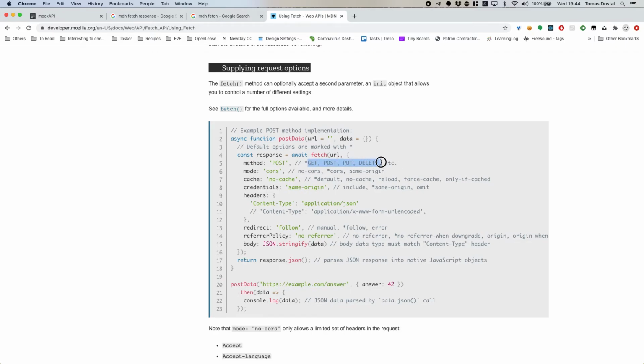If everybody follows the correct guidelines, then get would be to load something from the server, post would be to save something new, put would be to update something, and delete obviously would be to delete something, right? And when we say something, that usually means some kind of item, or what we call an entity.